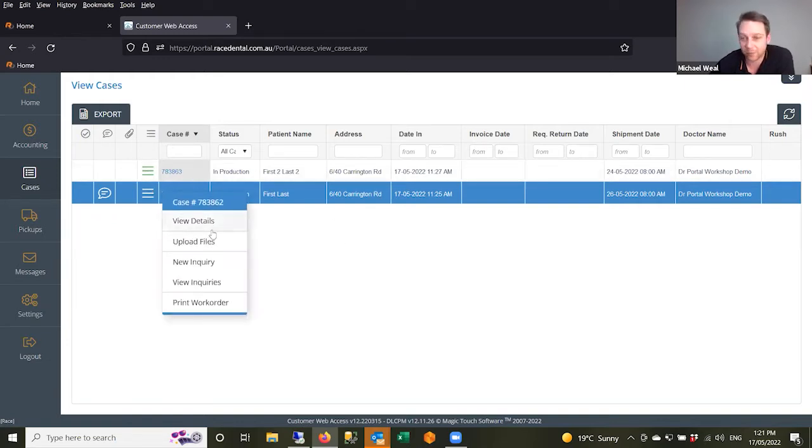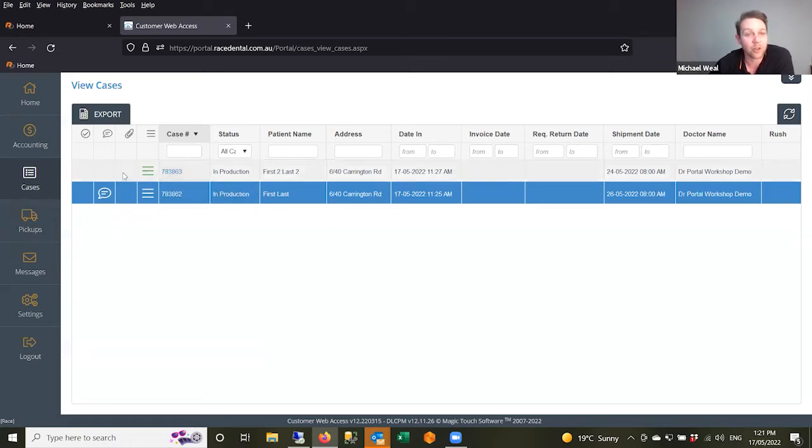We will come back to this window later, but now for the demonstration, we'll actually move on to submitting cases. If we want to submit our lab form, and what this essentially replaces is the traditional lab form that would be filled out by yourself or the hygienist and sent with the impression. So if we come to case and submit RX,